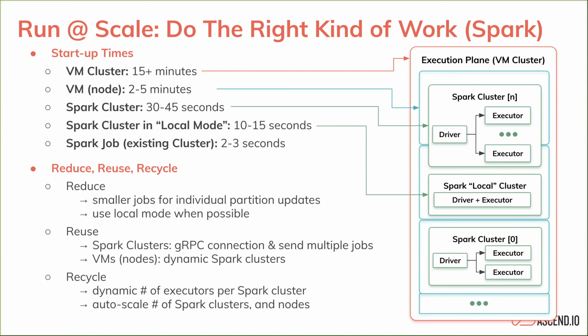But the key takeaway is obviously with cloud scaling, there's a huge amount of different scaling costs, whether it's bringing up a cluster versus bringing up a VM versus bringing up a Spark cluster versus bringing up a Spark job. And so one of the things that the control plane can do, and this is, again, optimization far beyond manual optimization, is reuse Spark clusters when appropriate. Reuse VMs by packing more Spark clusters onto them when we can, right? Everything that the control plane can figure out, and we have it here in the 3 R's of the reduce, reuse, and the recycle of it all.